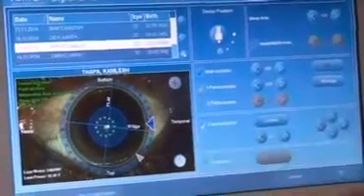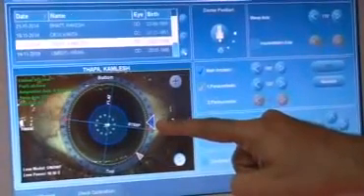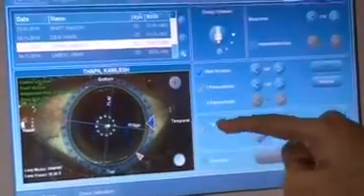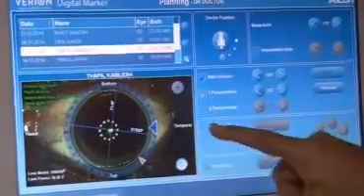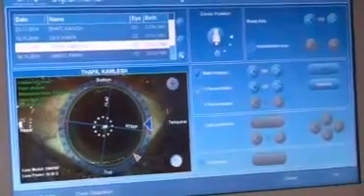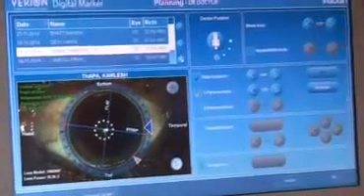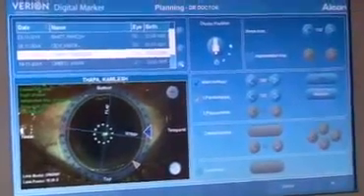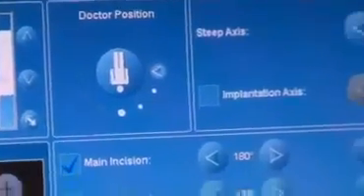So these are now set for Dr. Pakrasi. He's going to make his main incision here at 180 degrees. He's sitting temporal, and this is now absolutely ready to go. Since we are not going to use the capsular access guide, I've switched it off, and these are the steep axis, and I think we are through with the Verion. I think we'll now go ahead to the next step. Bhanu, can we? We don't need the Rexis, you can switch it off.